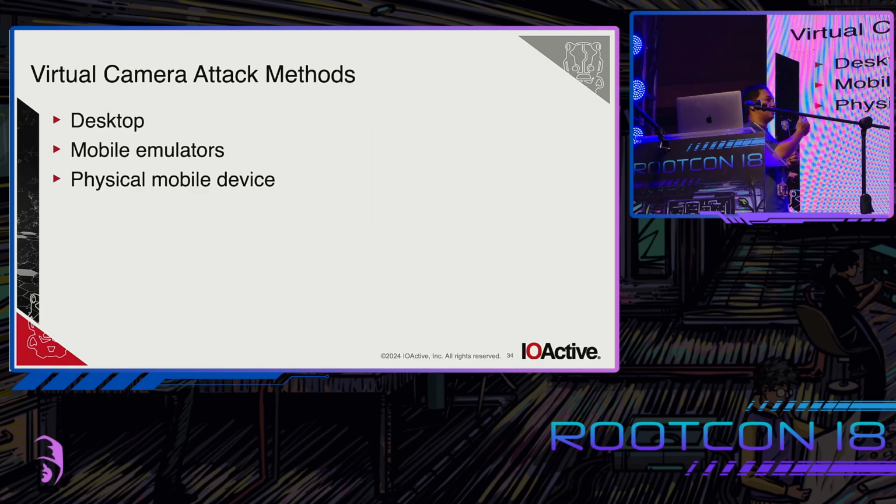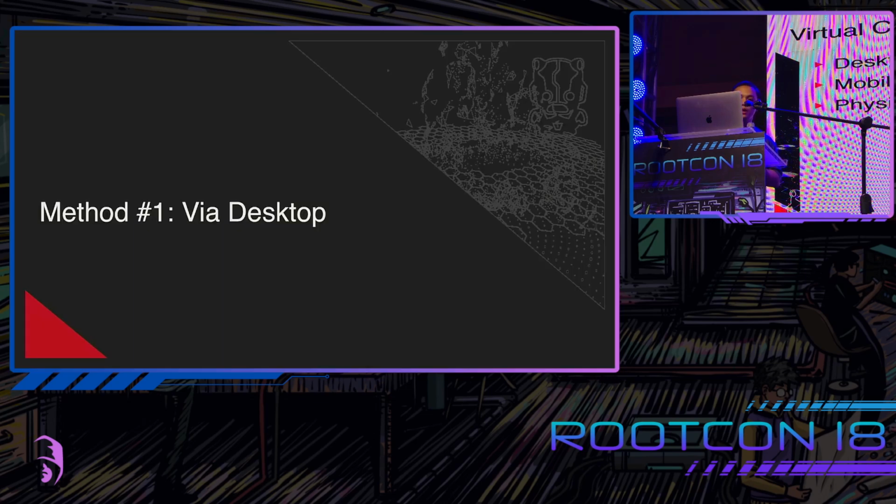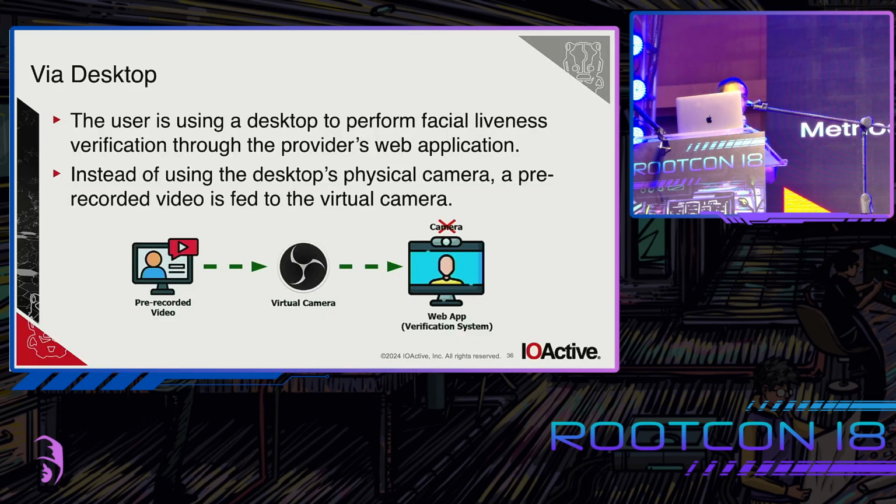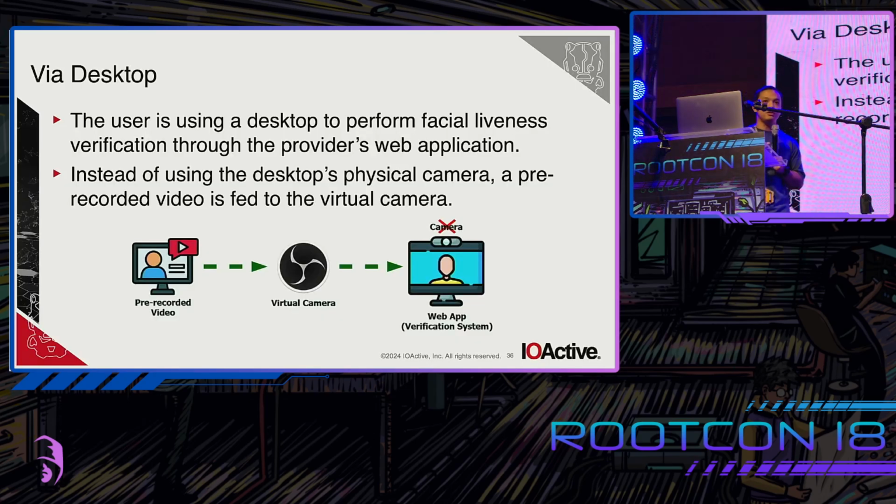And in this presentation, I'm going to demonstrate the three attack methods on three different platforms. We have the desktop, the mobile emulators, and the actual physical mobile device. So the first one is through a desktop. This is the very common scenario wherein the users are using their computers, desktop or laptops, and accessing the identity